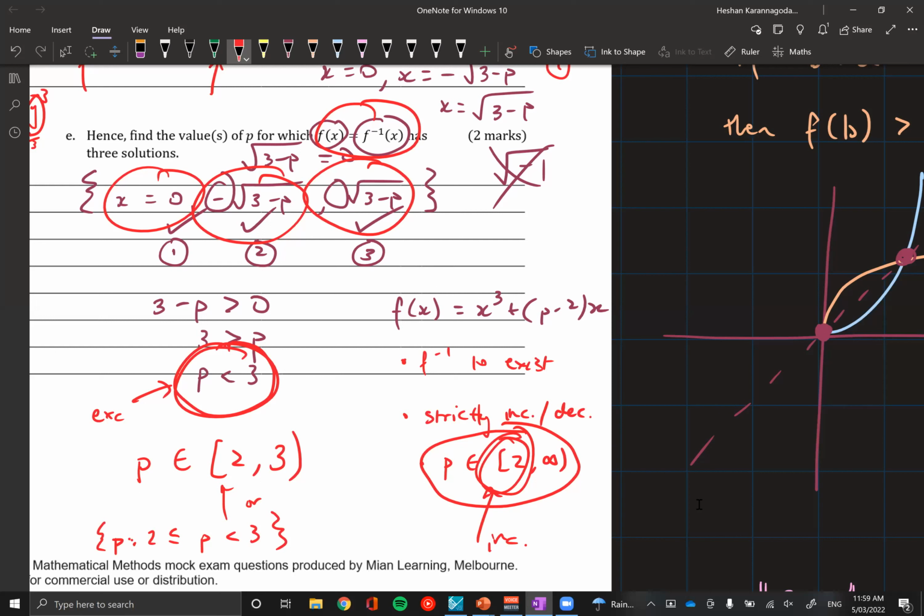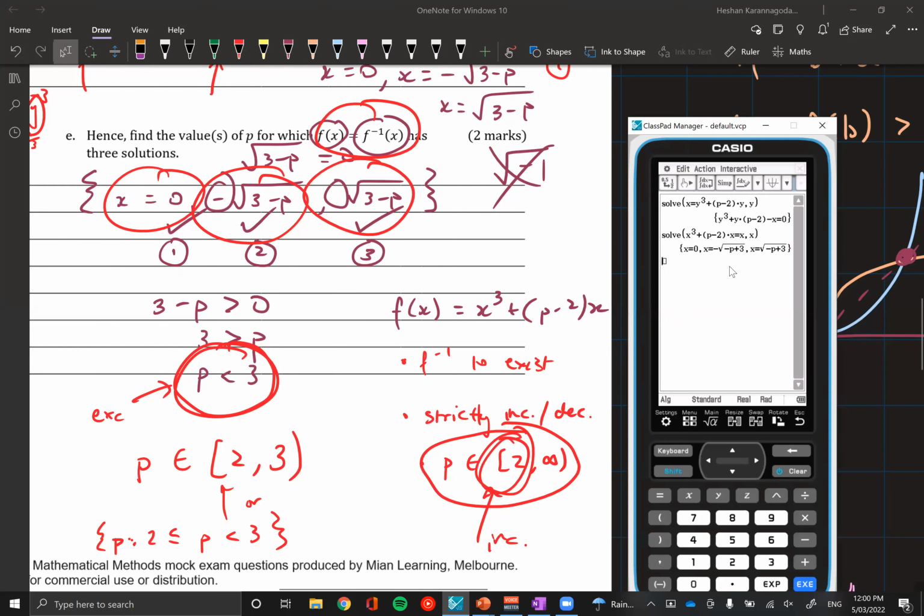This style of question has been asked before in exams, and these types of questions where it's multifaceted and has multiple concepts that are kind of hidden, they're the ones where only 2% of people get full marks or something like that. There's some ridiculous ones. I think I have seen something like this before, but I don't know where it's from. It's from some sort of exam somewhere, but it was a question where a function was equal to its inverse and you had to find multiple values for a parameter to have a certain number of solutions. But there were some values like in this question where the inverse function didn't even exist at all. And a lot of people overlooked that.